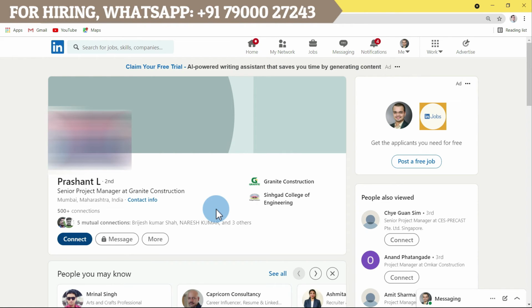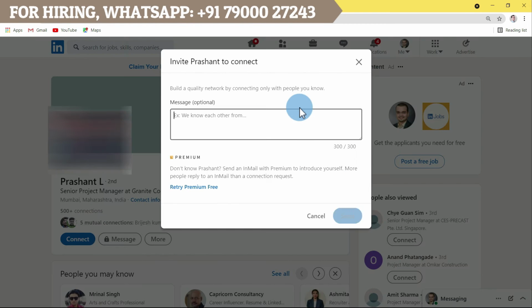You can also ask for references since he's a senior project manager. So I can ask him about safety managers or procurement managers because he must be knowing them. There is a high probability because he's a project manager, might have worked with them. So you can ask him about the reference. So I'll click here, add a note, and I will ask him, hi